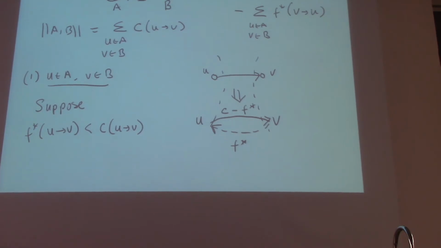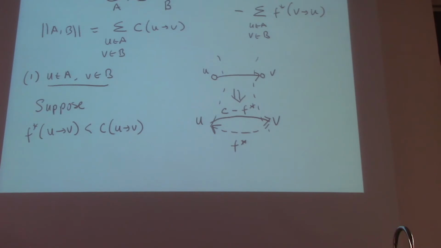Yeah? It doesn't push F star more flow? Well, we don't know if we could push more flow, because we don't know what else is going on. But you're on the right track. Your intuition is correct, but the statement you're making is not directly verifiable. There's a different statement that you could make that is in fact true and will cause us problems.